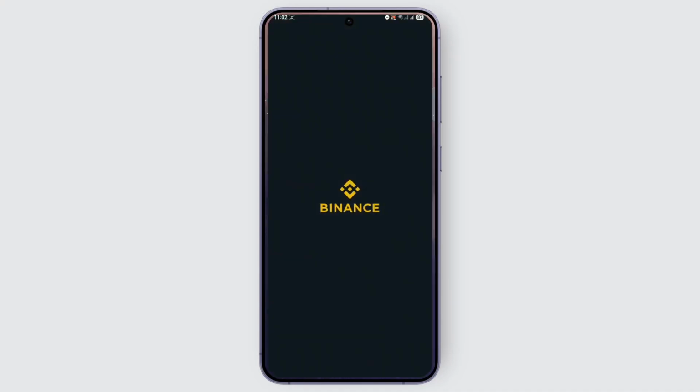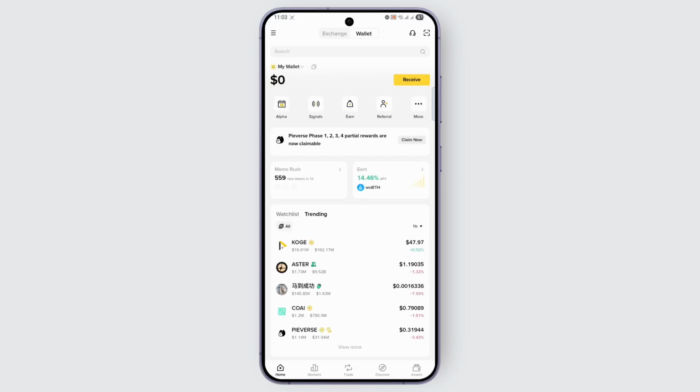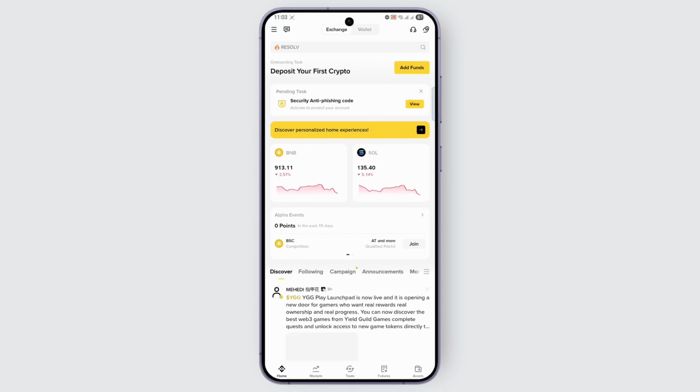Open up the Binance application on your device and make sure that you are logged into your account. Once logged in, all you have to do is go over to the wallet section from the top of your screen. So from Exchange, go over to Wallet,